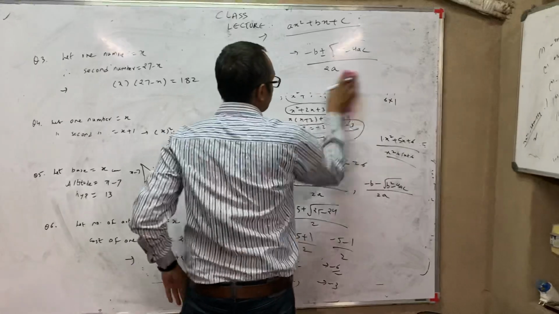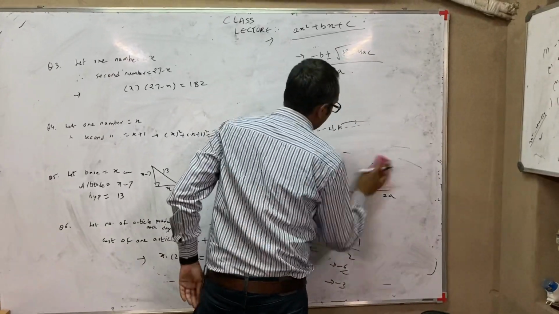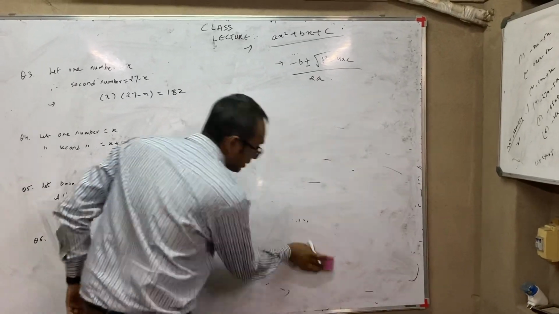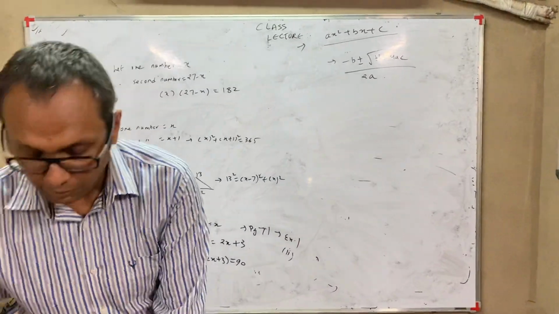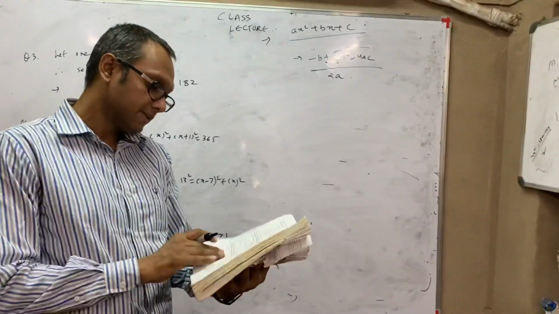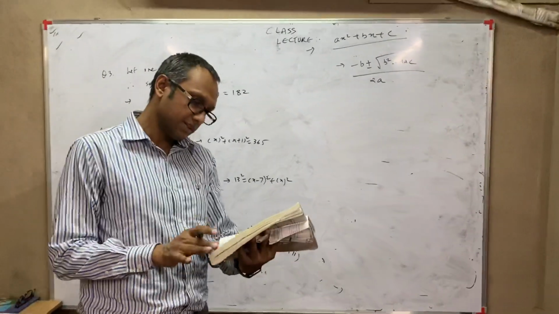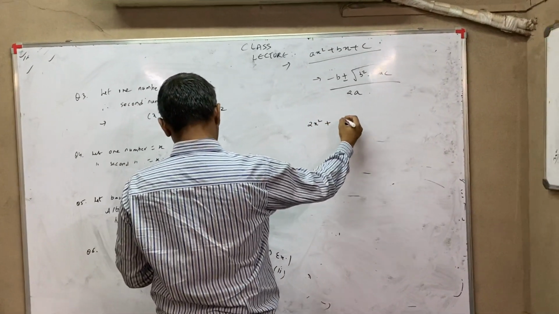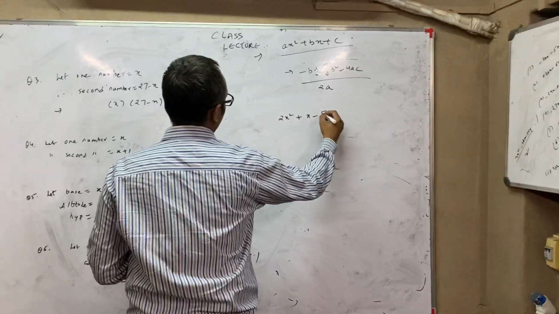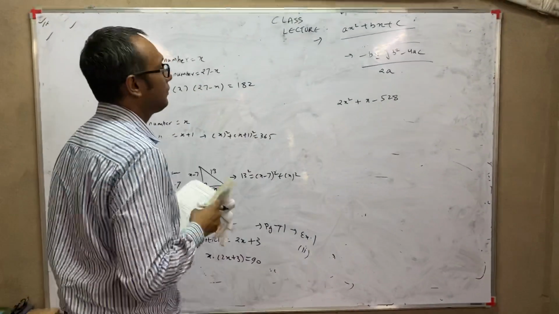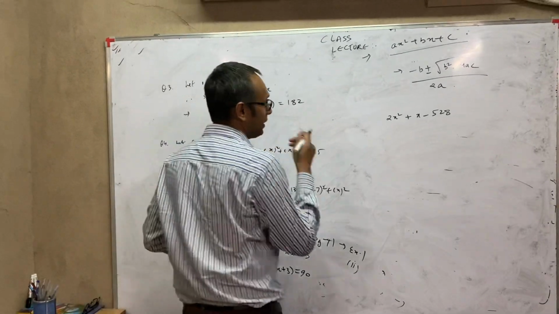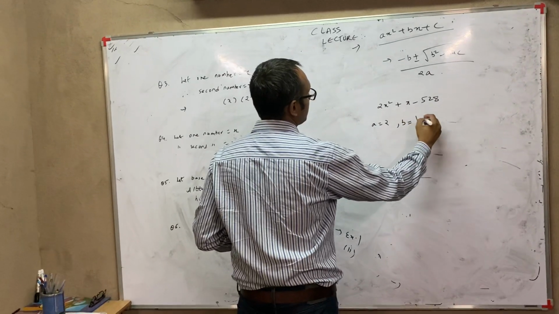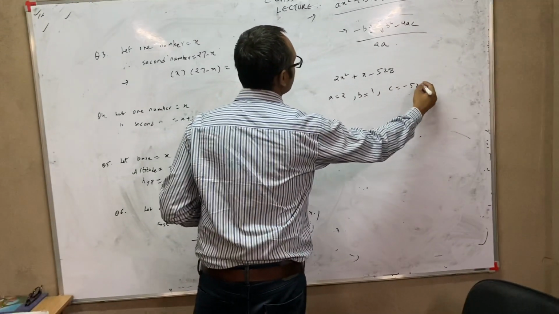For example, a few children were having problems in finding the factors of one of the equations. So I had to give them a couple of hints. So we will do that equation now. For example, the question is 2x square plus x minus 528. Again, the first step, we will write the values of a, b and c. So a is 2, b is 1, c is minus 528.